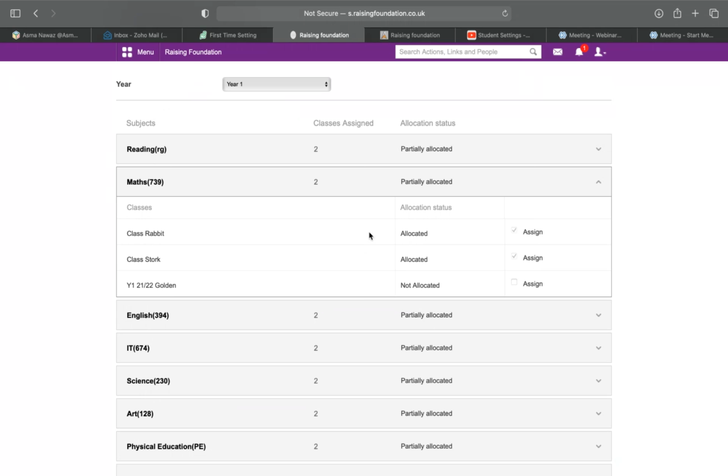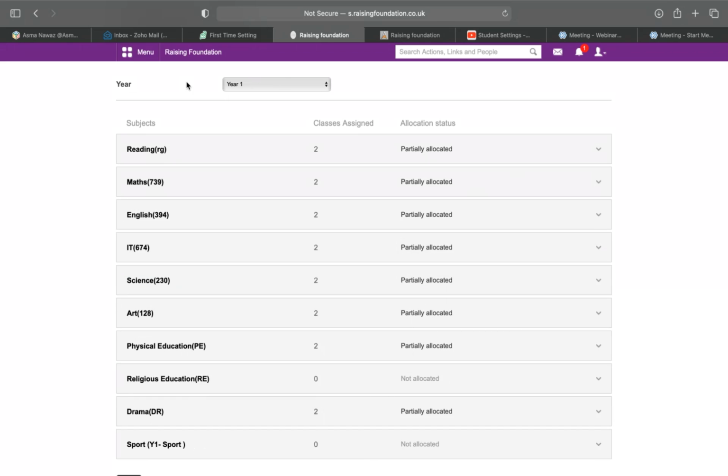So this Max is assigned to class Rapid and class Stroke. It's not assigned to year 1, 2021, 22 colon 1. So if we click on assign, the Max will be assigned to this particular class as well. So that is basically how we manage